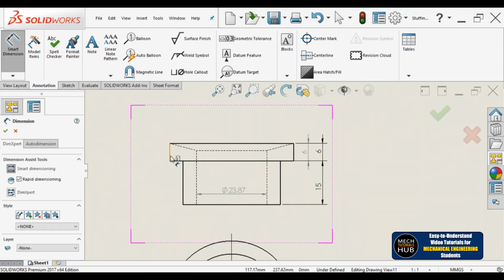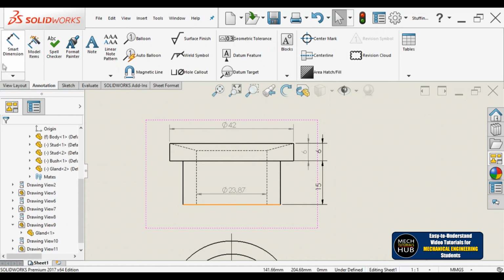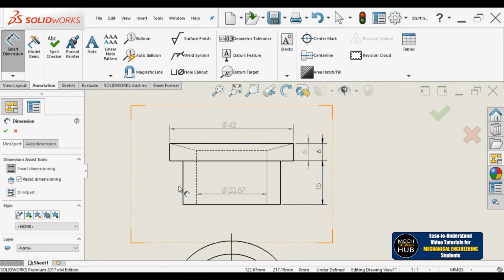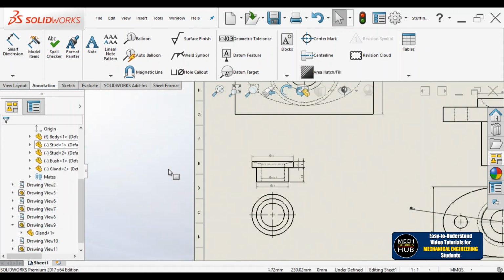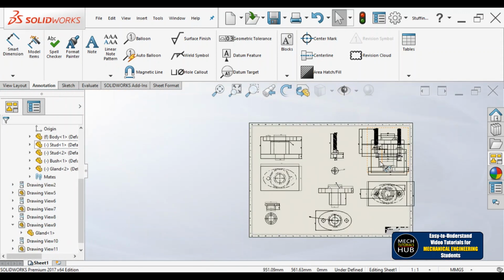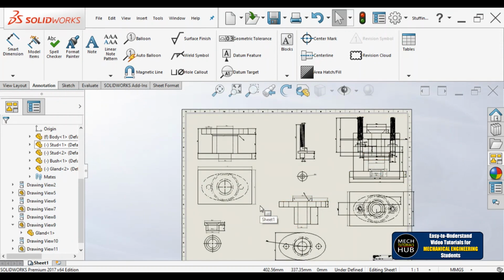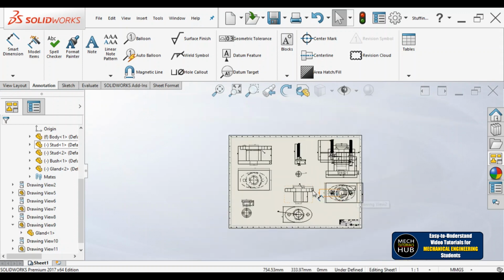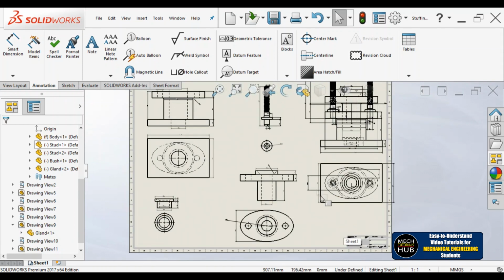This is how we actually place dimensions from here to this one, 42, and again from here to this point. Okay, some dimensions I'll just try to show you. This is how a draft sheet is made, and this draft sheet is sent to the shop floor for manufacturing. When you send this to shop floor, the person will understand,